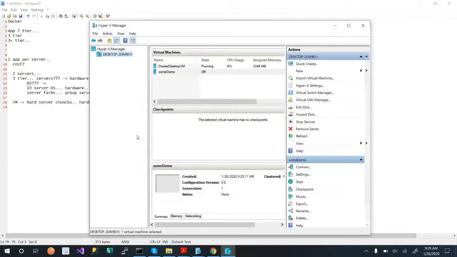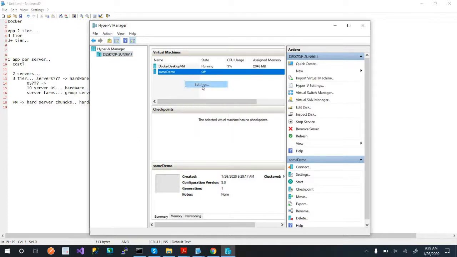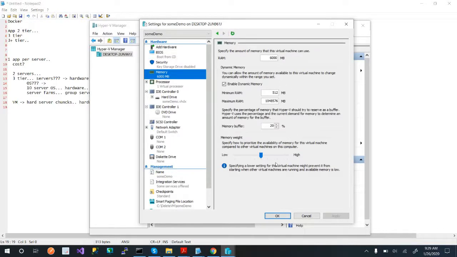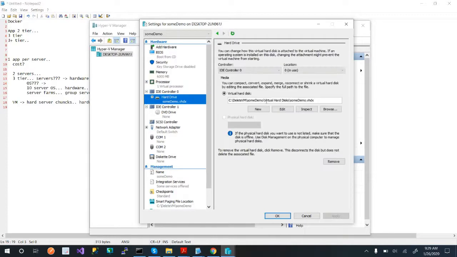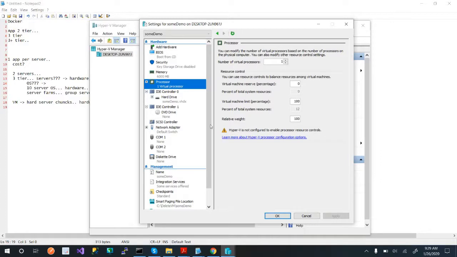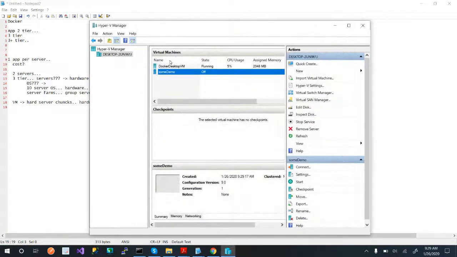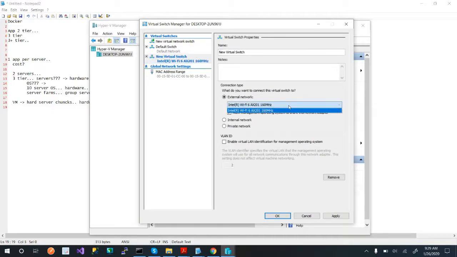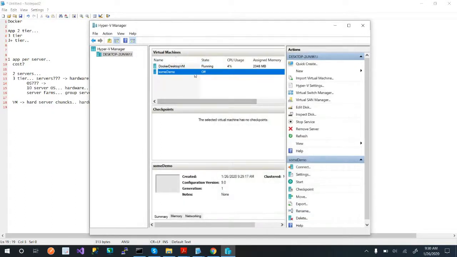So what this is doing is creating a virtual machine based off of my hardware. So if I go look at the settings here, it's using my BIOS. It's using my memory. Okay. It knows my NIC card. And not here because I didn't set it up on the virtual network, but that's fine. The processor, how many processor threads is it going to use for my processor? So that's how a virtual machine works. So just so you know what I'm saying, if I do the virtual switch and I just say create an external switch, that's fine. And then if I go here, it knows my NIC card. Okay, that's how that works. So let's go ahead and delete this.